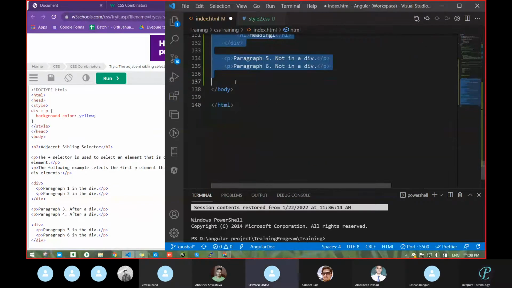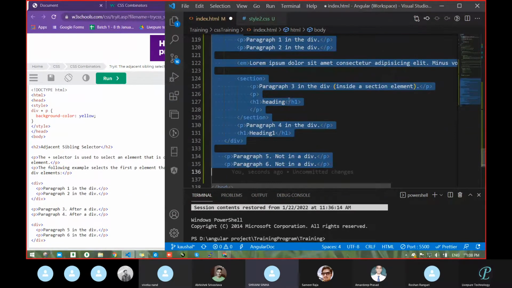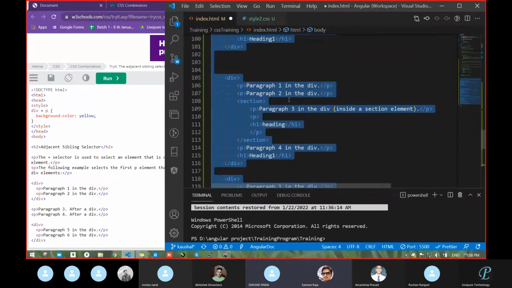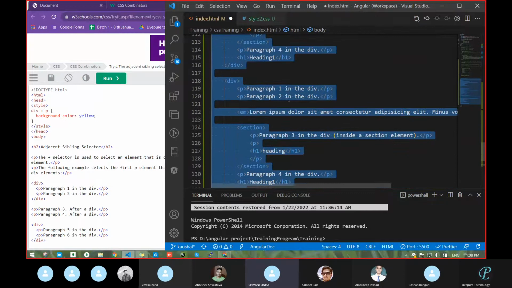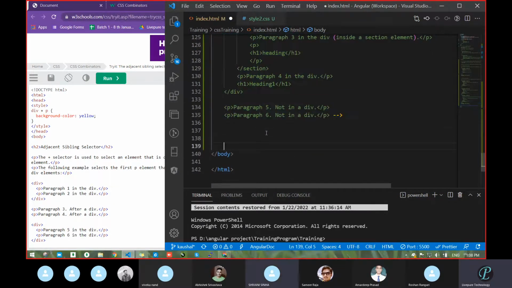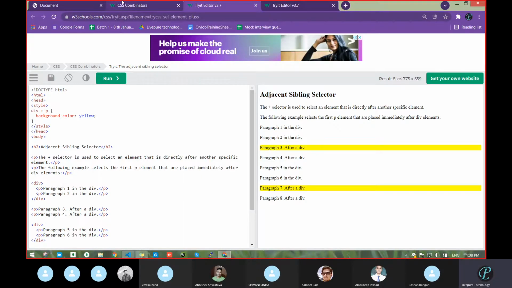Why do we study different combinator selectors? What are you saying? Every selector has the same use, but a different functionality. You will see that.